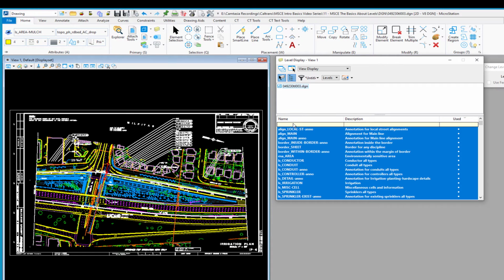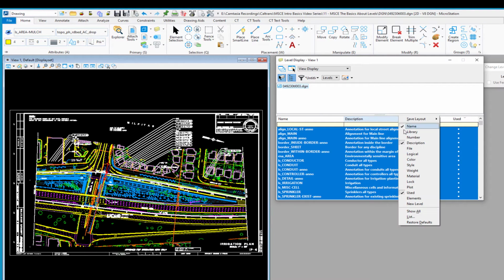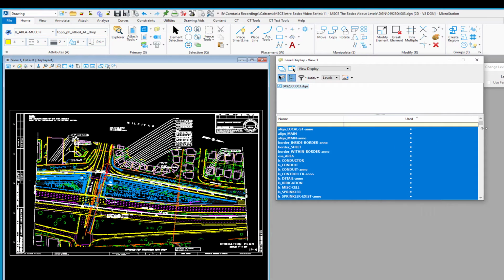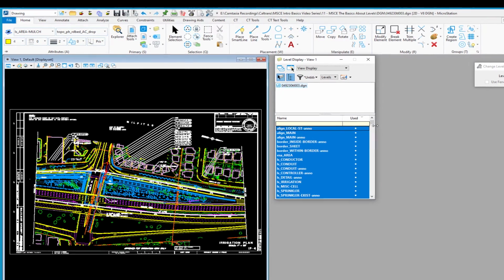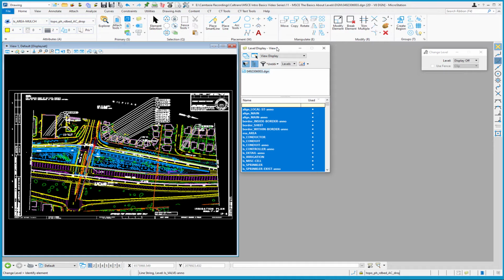This can be done in the name column also, but sometimes there are descriptions that have words that are not showing up in the name column. So you may find it more helpful to have that open. So I'm going to go ahead and close that, turn off that column, and I'm going to resize this and put this over here. The level display dialog, like a lot of dialogs, can be docked,